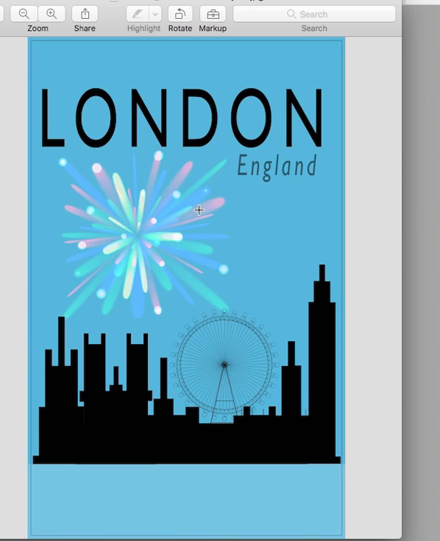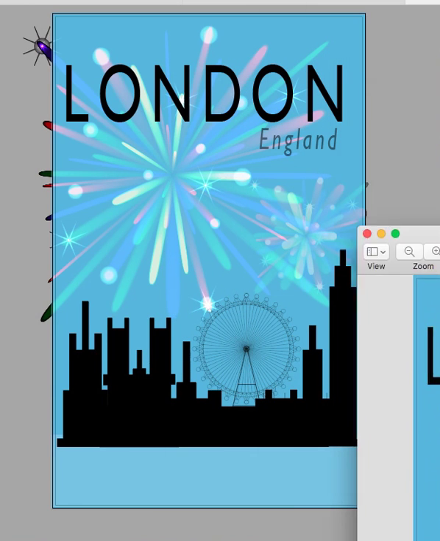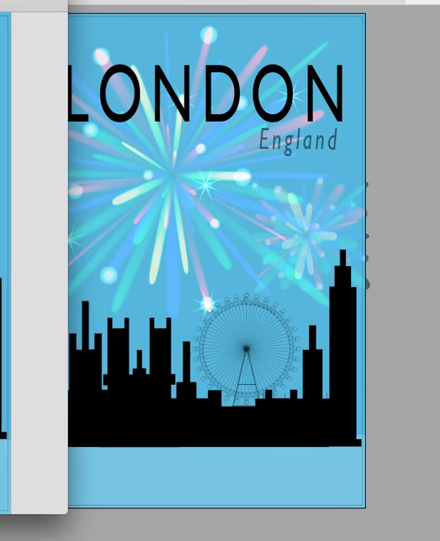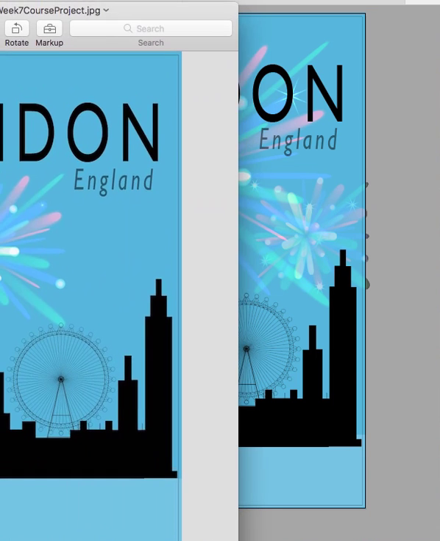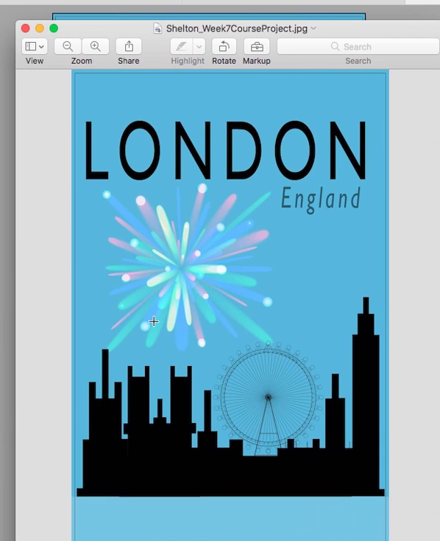Anyway, it's your design, so I'm just playing around with it a little bit more, but I'm not sure that this necessarily works. I think making the firework bigger will really work to create depth. And there's nothing wrong with having stuff go outside of the border. You can make this bigger, and